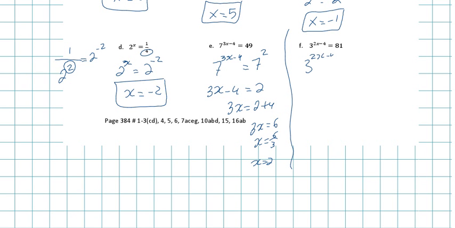Since I have the same base, I'm free to drop my base and do the math. I don't need to explain all of these, because you should be familiar with that. Bring the negative 4 over, it becomes plus 4. Dividing by 2 gives me